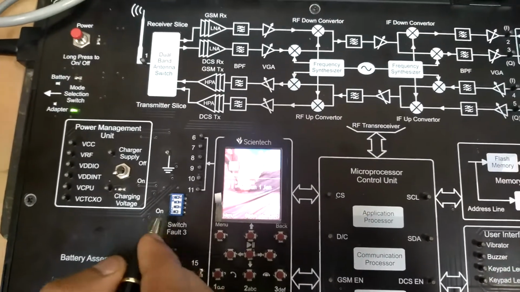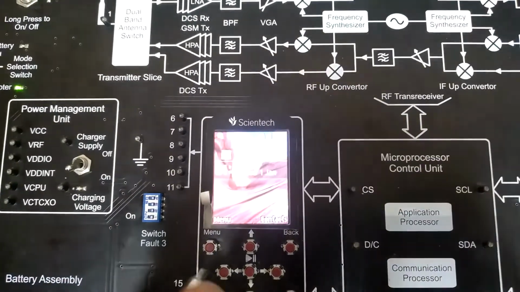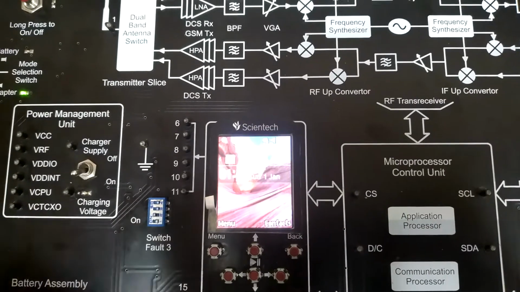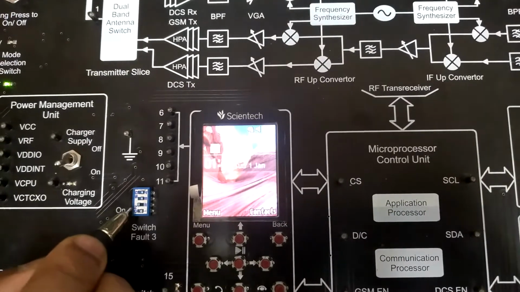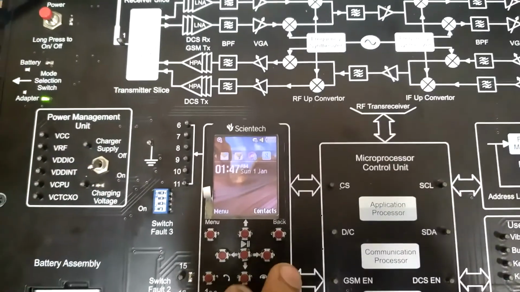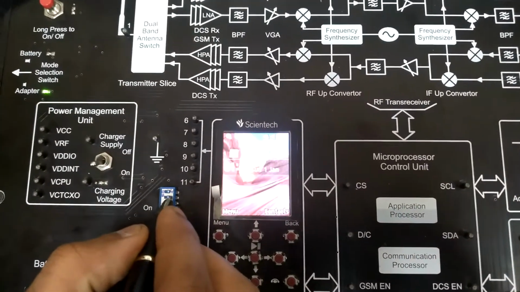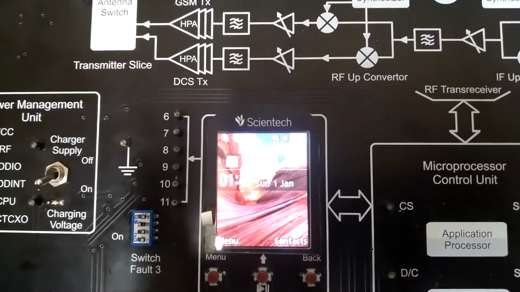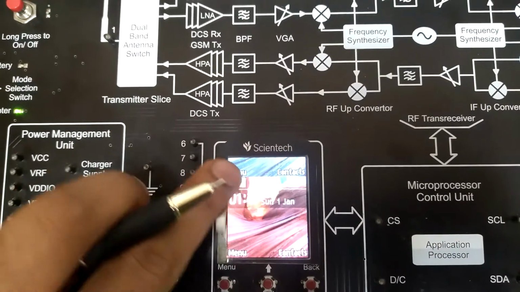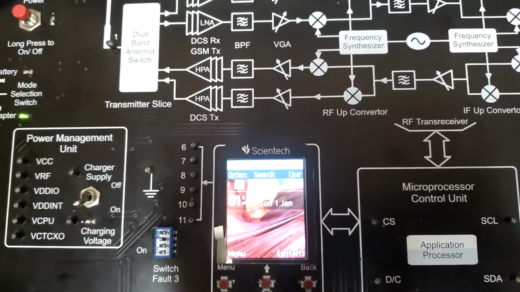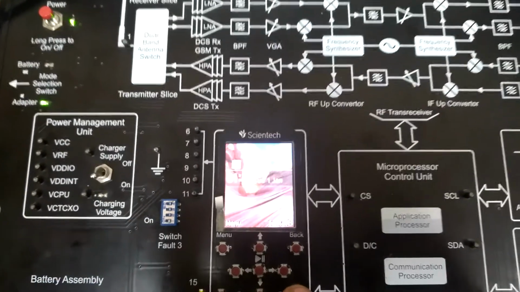You can see here the backlight is still on. If I remove this switch, the backlight will turn off. Likewise we have the second switch fault, which is for display light blinking. If I create this fault, the light will blink continuously. You can see here the fault at the display, the display light is blinking. If I remove the fault, normal behavior. Similarly, the third is for synchronization disturbance of the display. You can see here the synchronization of the display is disturbed. Something is displayed up and sideways, not in proper alignment. If I remove the fault, normal operation is there.